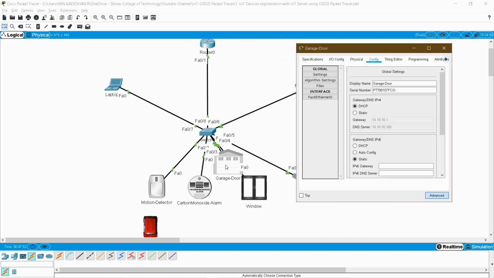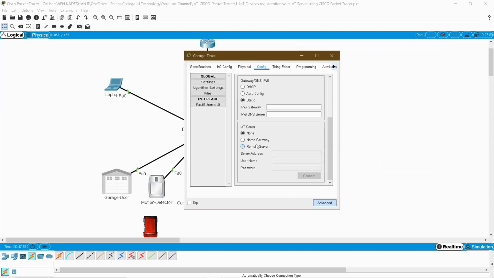So it got the gateway and DNS. Go down to remote server: 10.10.10.100 is your server IP, and I have two accounts, admin and Venkat. Suppose I choose Venkat and connect it. You will get a refresh button here. Yes, refresh means the device is registered in your server.